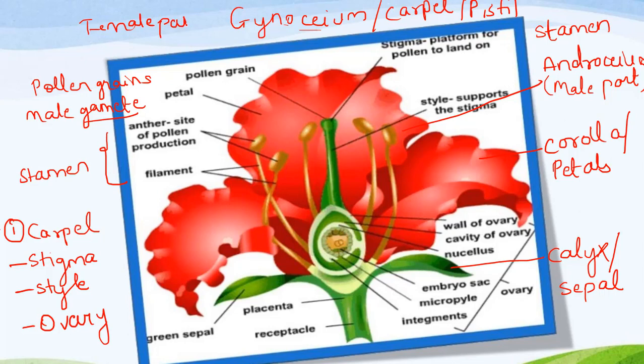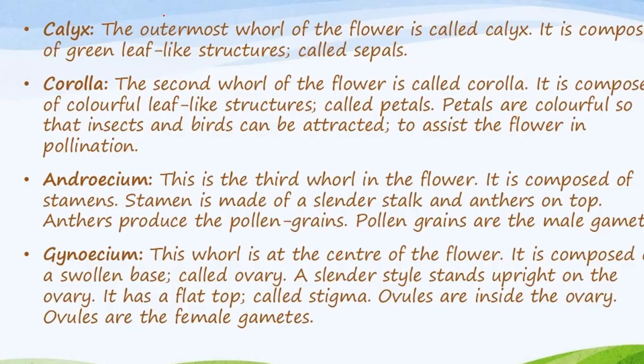Which part? Female part. So yes, the flower consists of gynoecium and androecium. We'll study in the next session exactly why these are present and how they are helping the plant. You will come to know as and when we study how sexual reproduction takes place in the plant. Okay, so this is about the structure of the flower: calyx, corolla, androecium, gynoecium. Calyx is basically the outermost part of the flower, green in color, hence its function is protection and